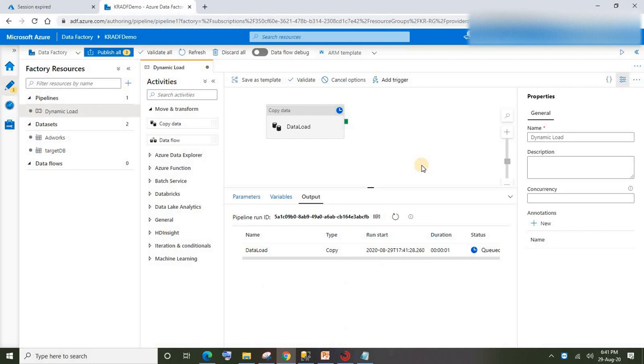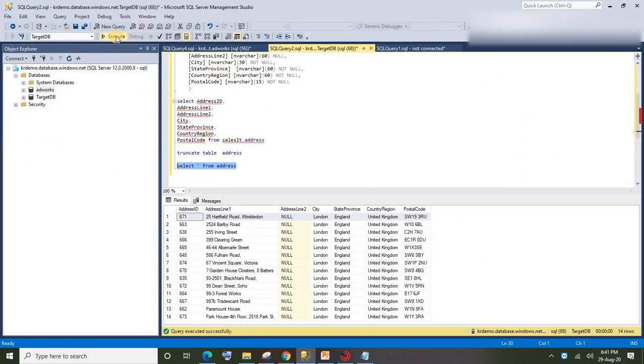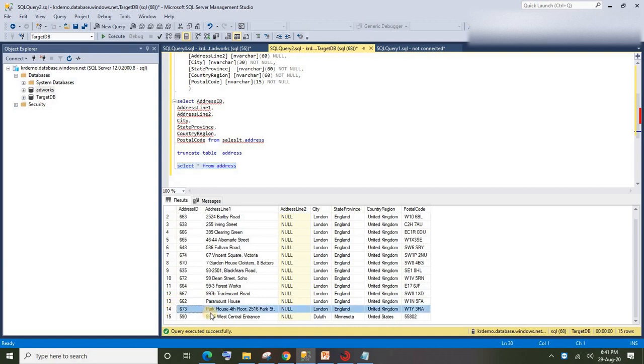Let's wait for the pipeline to be executed. Post that we can validate the data. Alright, it is done. Let's go ahead and execute. Fine. Along with London data, we have got Delath also, of course, but for Delath we have got only one record. We could see that record is inserted.